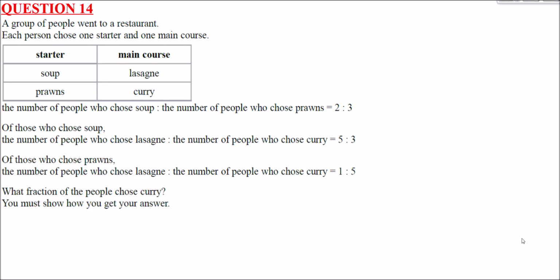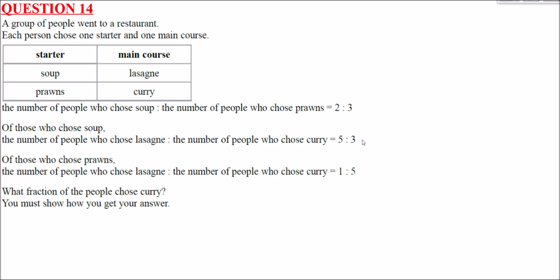So what's it talking about? It's a group of people going to a restaurant, and each person chooses one starter, and then they choose a main course after. So you can have soup or prawns to start, then the main course can be lasagna or curry. We're then told the number of people that choose soup to the number that choose prawns is in the ratio of 2 to 3, and of those who choose soup, the number that choose lasagna to the number who